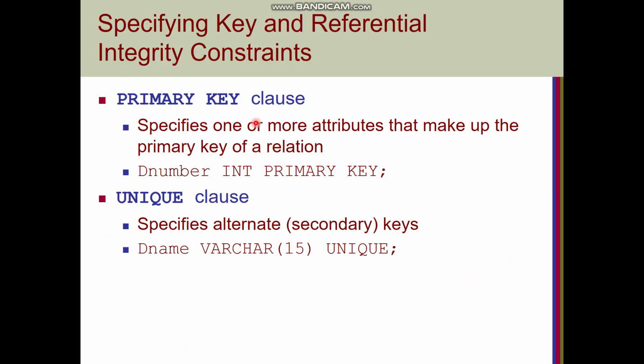So the primary key clause ensures that it makes up the primary key of the relationship, and whenever we have to use a foreign key, that has to be a primary key as well. So it ensures that this is unique and it is able to recognize the record as well. So we have the unique clause as well, which